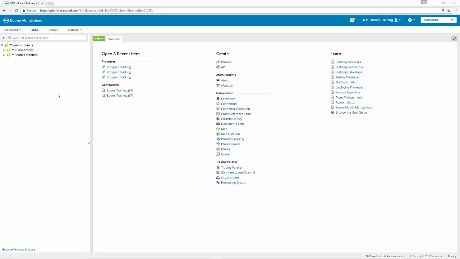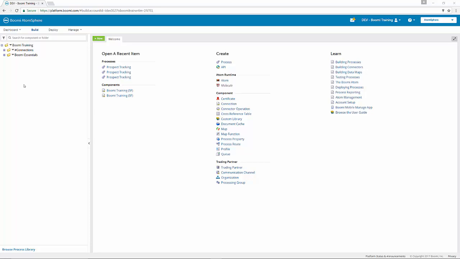And when developing a new integration project, you always want to organize your setup on the Build tab of the Component Explorer by setting up folders to organize the processes and components. This will enable you to configure and store unique process containing the workflow and processing rules for your business scenario. So we're going to begin by creating a new folder to store the processes we're going to be using for